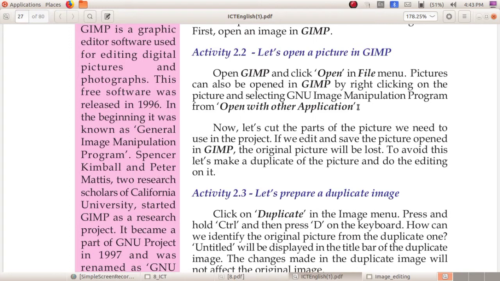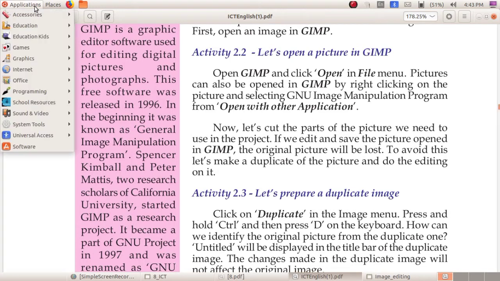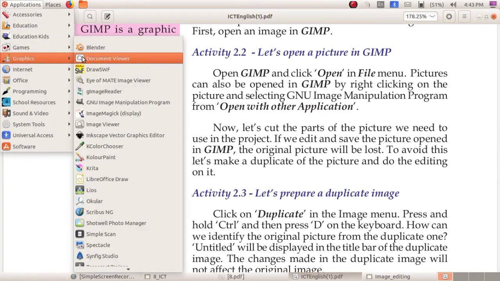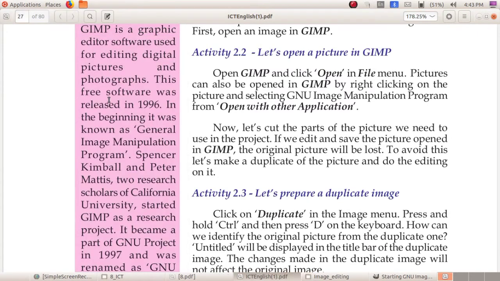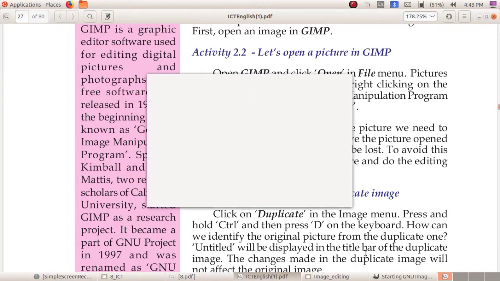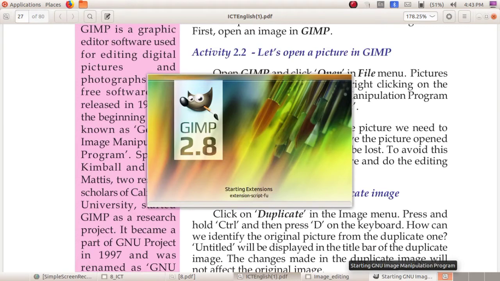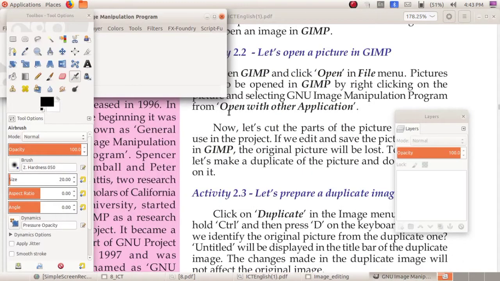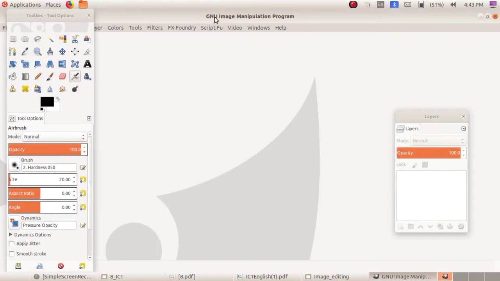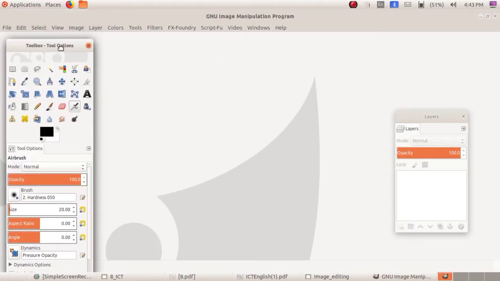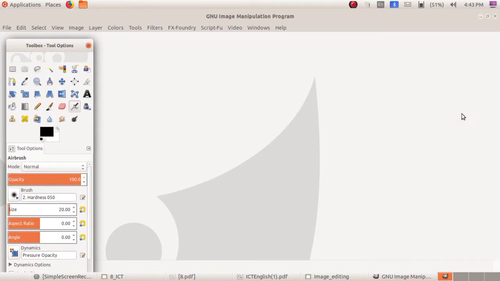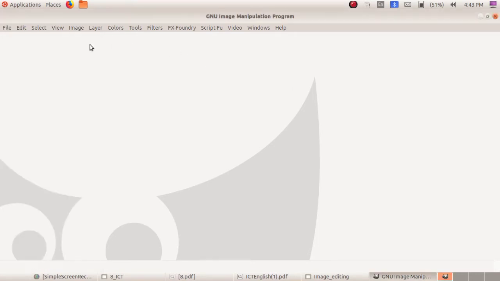The first one is that you can go to Applications, Graphics, GIMP. Now it is starting. See, this is GIMP. Here you can see the toolbox. Here you can see the layer palette. If these are not visible, just close it.